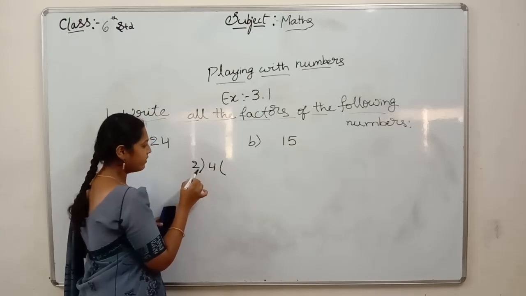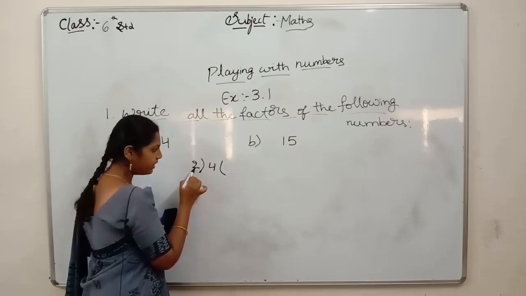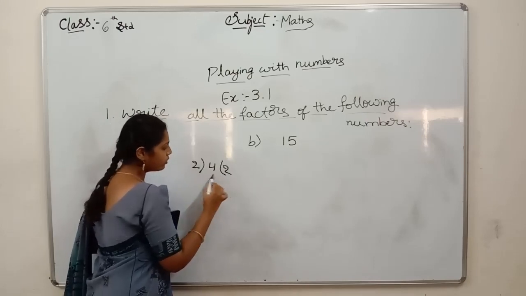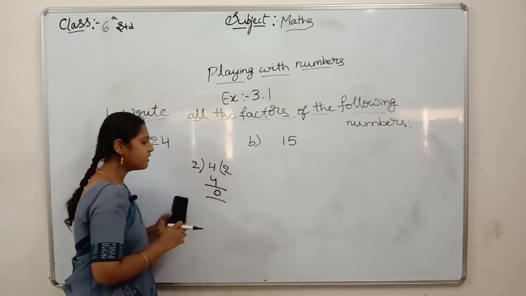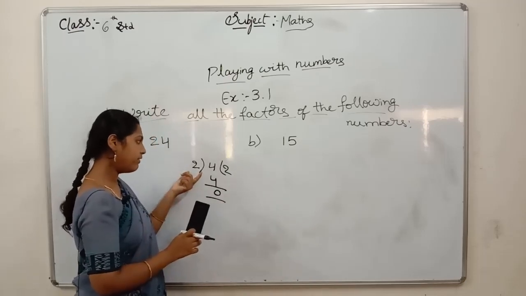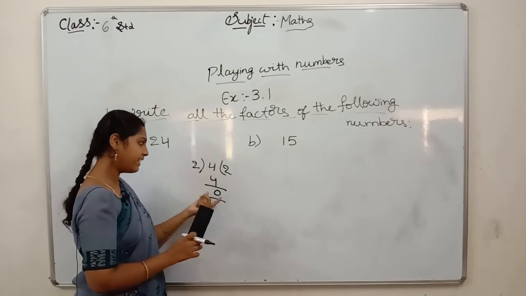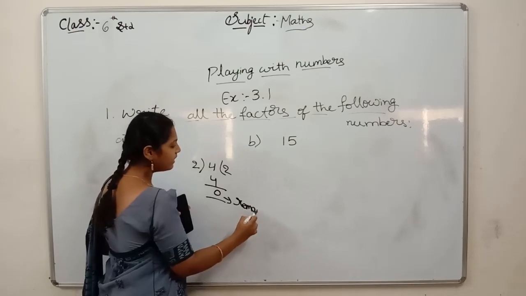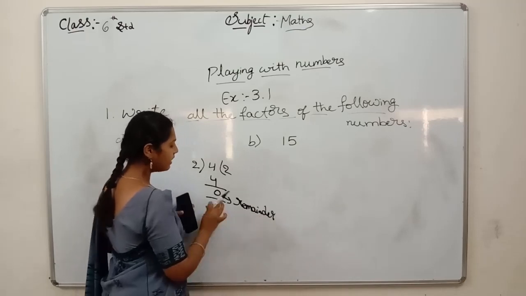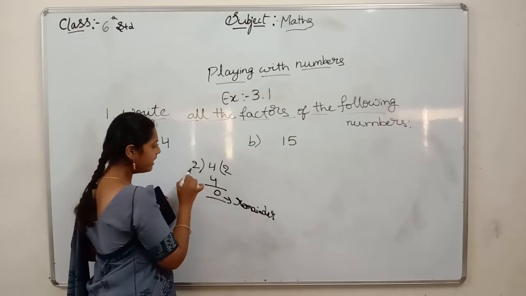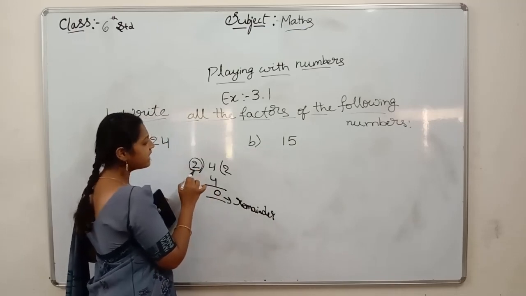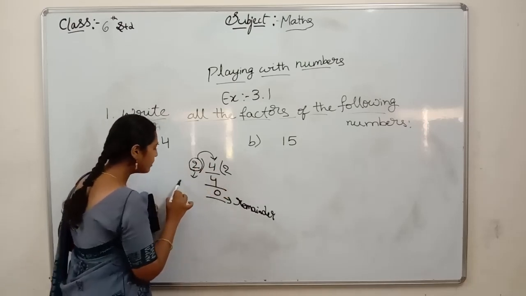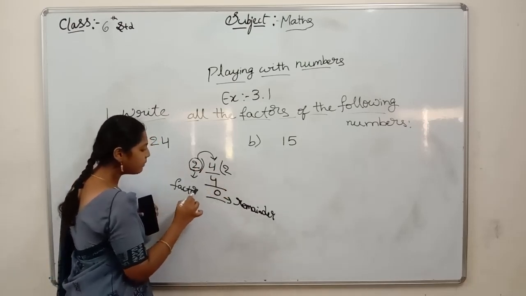First I will explain, see this one. Here 2 is a number. If it divides exactly, see, 2 twos are 4, what will we get? 0. Exactly means in the remainder place we have to get 0. If we get 0 in the remainder place, then the divisor divides the given number exactly. So 2 is a factor of 4. This is what I explained on the day.